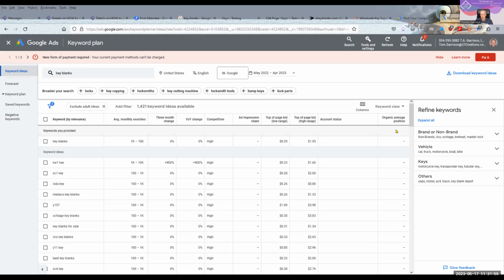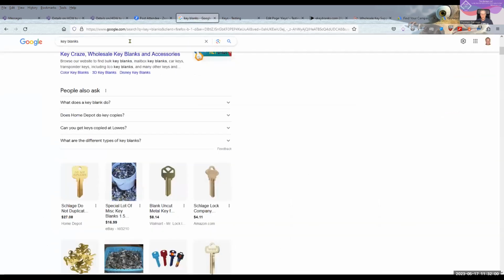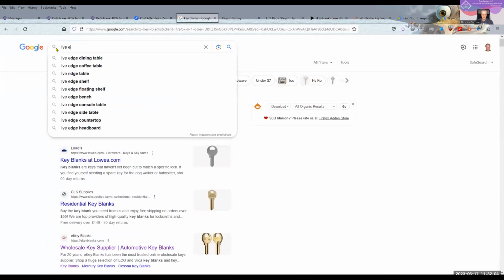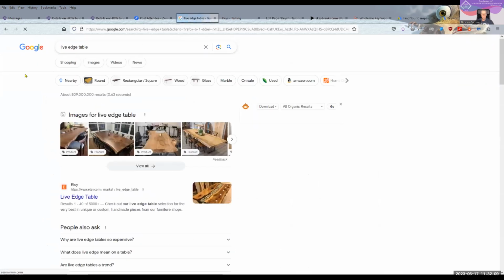I do what I do now, but it was difficult because I did a search for live edge. There's live edge table. It's that raw wood looking, like you go out and you grab a piece of huge driftwood and you make a beautiful table out of it. That's a live edge table. I had no idea that's what they call it. I just thought it was a wood table. So I would search wood table. That's why you have to do the research.